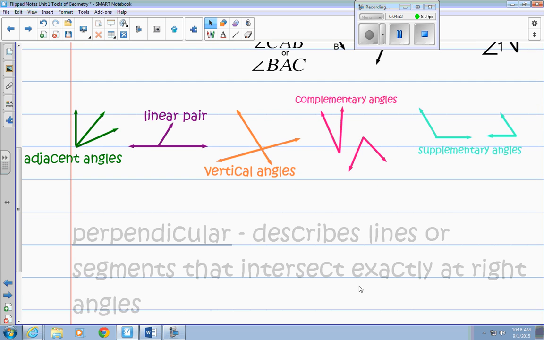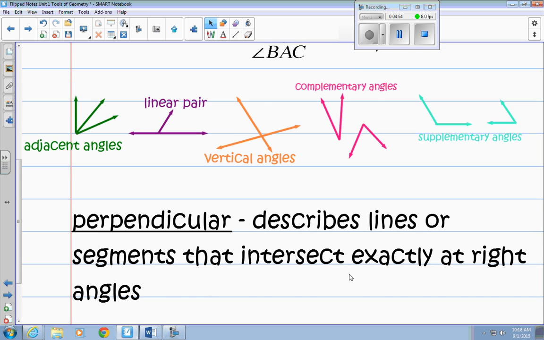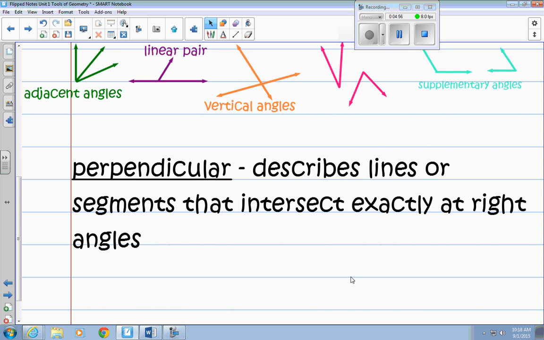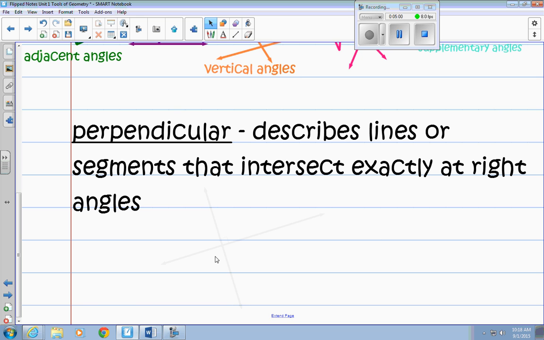Okay, and then the final thing that we want to talk about tonight is perpendicular. This describes lines or segments that intersect exactly at right angles. So like this, we have a symbol for perpendicular. We name the perpendicular lines, and then in between we put this upside down T, and that is the symbol for perpendicular lines. So this would be read as line GH is